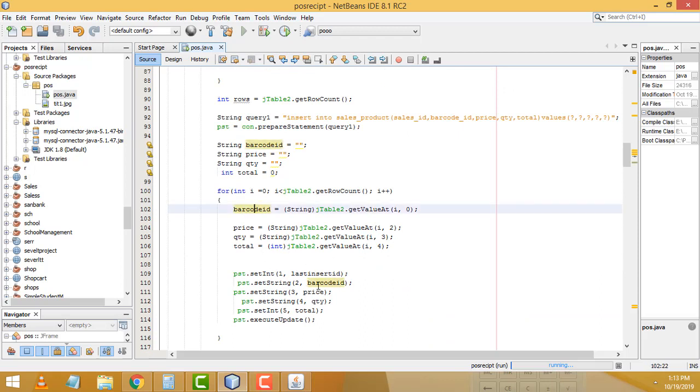Barcode ID. First one should be the last insert ID here. Barcode ID second. Third one should be price. Fourth one should be quantity. Fifth one, right. Here 1, 2, 3, 4, 5, right. Sales product table, right. All stuff are right. The execute update pst,